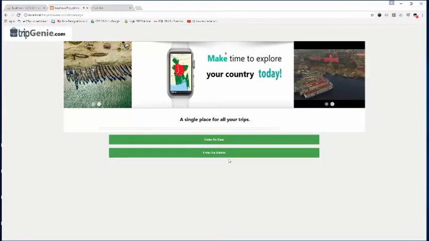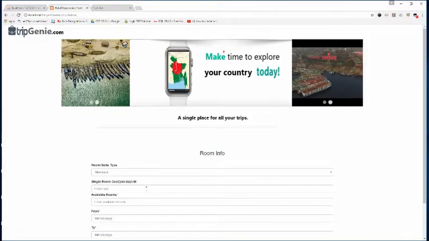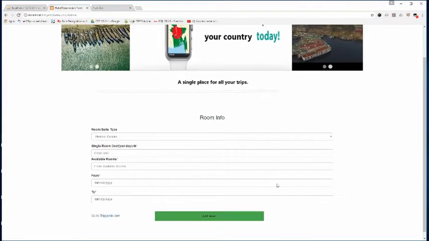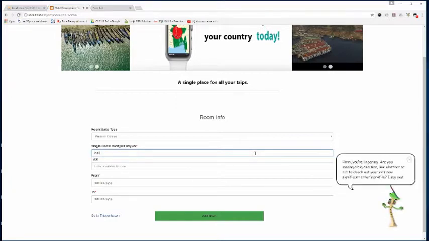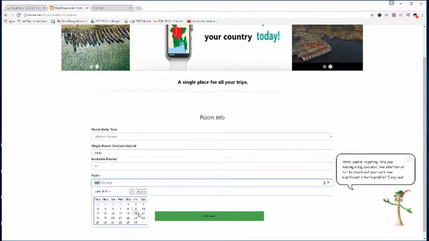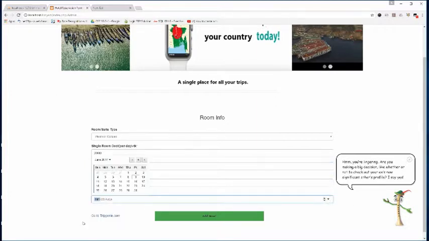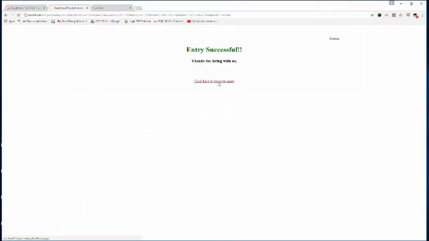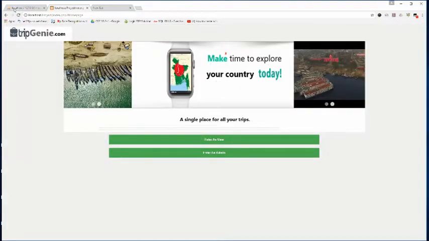If we go to the first page, the home page, TripGenie, and enter as admin, say we want to allocate a new room, we will allocate an Executive Suite, Premier Deluxe, and then we'll enter its cost. And we'll put the dates, from and to.